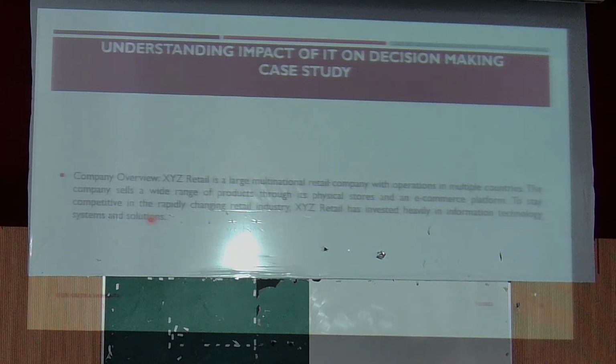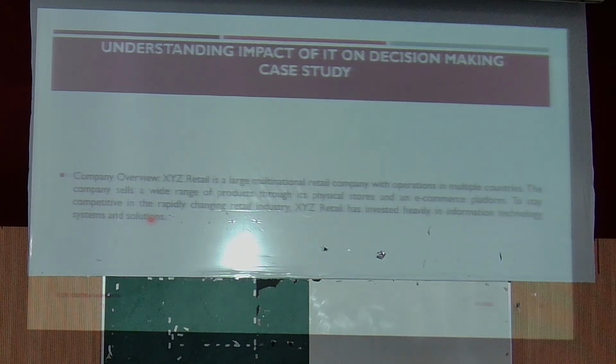All right, so I repeat the question that we have been studying about: the role of IT and emerging technologies in giving a competitive advantage or an edge to businesses. So this is an exam. This is a case study. We have a company, XYZ Retail. It's a multinational retail company. I want you to tell me how you can use the techniques and technologies we have just discussed so that